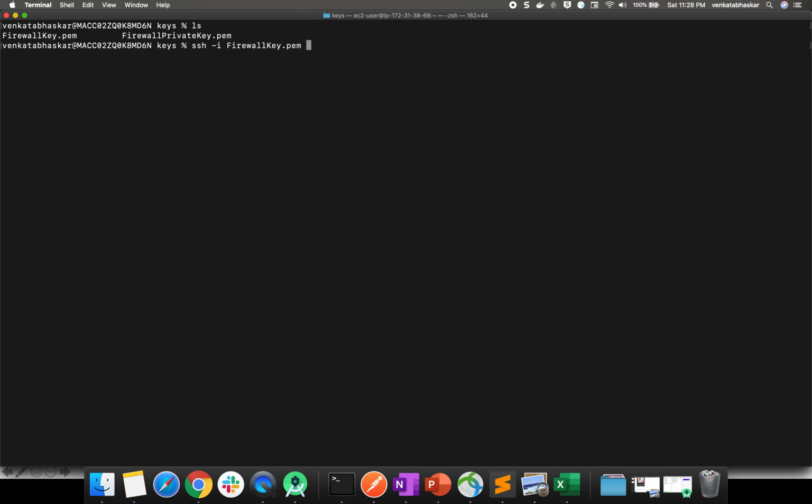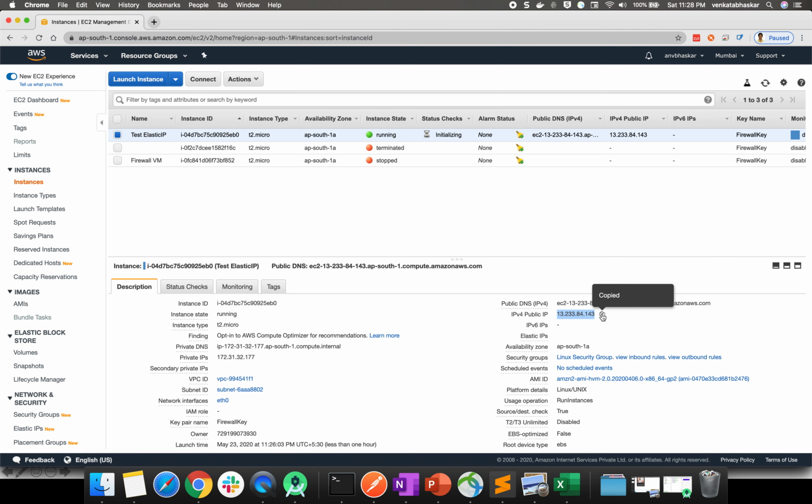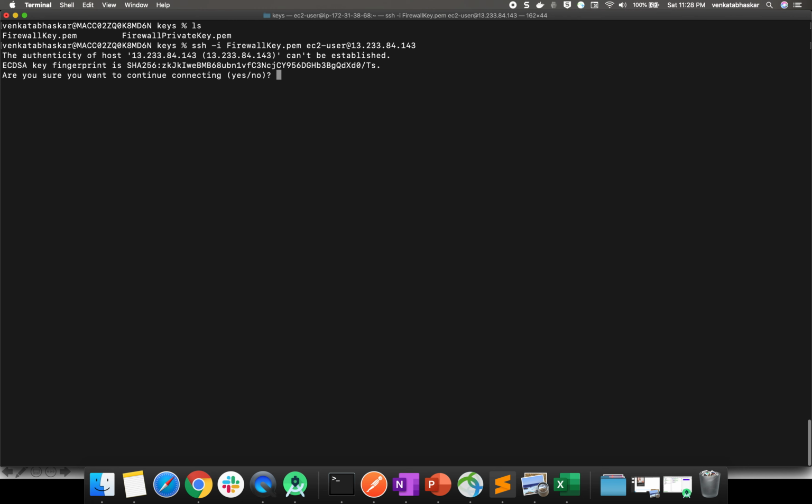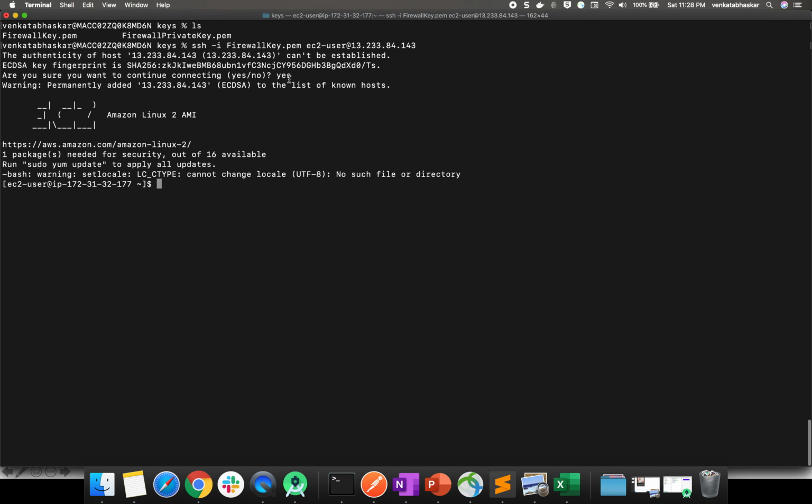firewall key.pem. If you are creating Amazon Linux 2, the default username is ec2-user, and you need to provide your public IP. Okay, I'm copying it. Now if you log in, it will ask yes or no. Just continue with yes. If you see here, this is your public IP and this is your private IP.